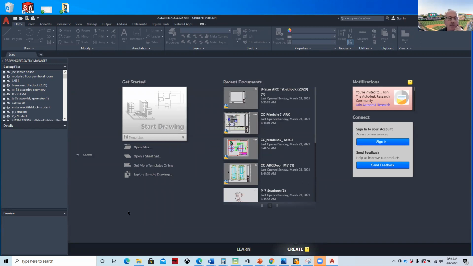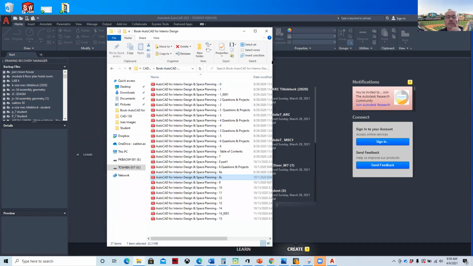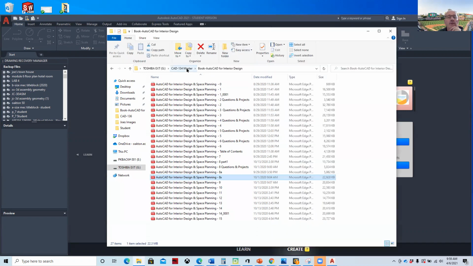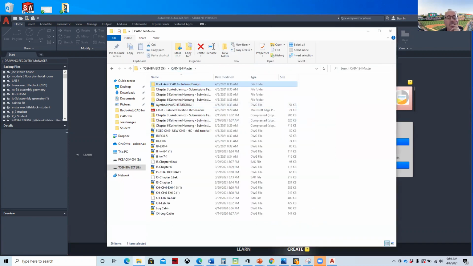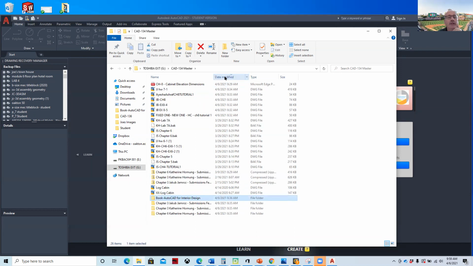So I might be able to recover this. Now, if I go to where I was working on that drawing, which was here, and then I look in my folder, so I created a master file. What you want to do is look for a file that's got the correct date on it. And so if I go here and I look at what I've been working on, it looks like